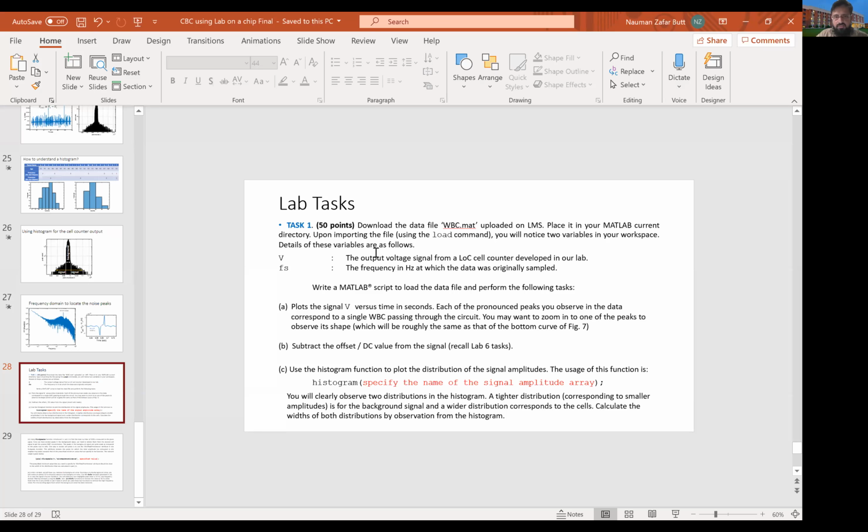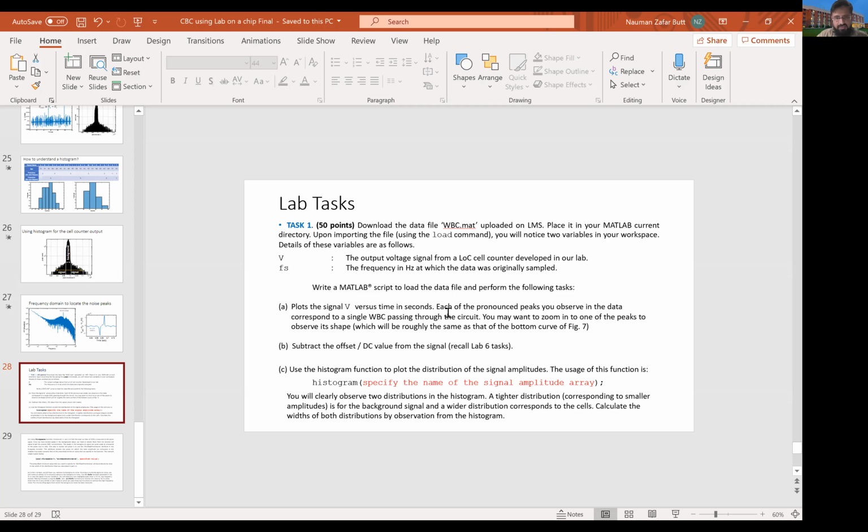एंड देन यू विल सी के इसके अंदर 2 वेरिएबल्स नजर आएंगे। वन इज द आउटपुट वोल्टेज सिग्नल, जो अभी आपको दिखाया था ना सिग्नल, द सेम सिग्नल, उसका डाटा आपके पास आएगा। और सैम्पलिंग फ्रीक्वेंसी आपको बताई हुई है कि इसकी सैम्पलिंग फ्रीक्वेंसी क्या है। आप उसको मैटलैब में स्क्रिप्ट के जरिए से लोड करेंगे एंड देन यू विल डू दिस फॉलोइंग टास्क। नंबर ए, यू विल प्लॉट द वोल्टेज सिग्नल वर्सेस टाइम,